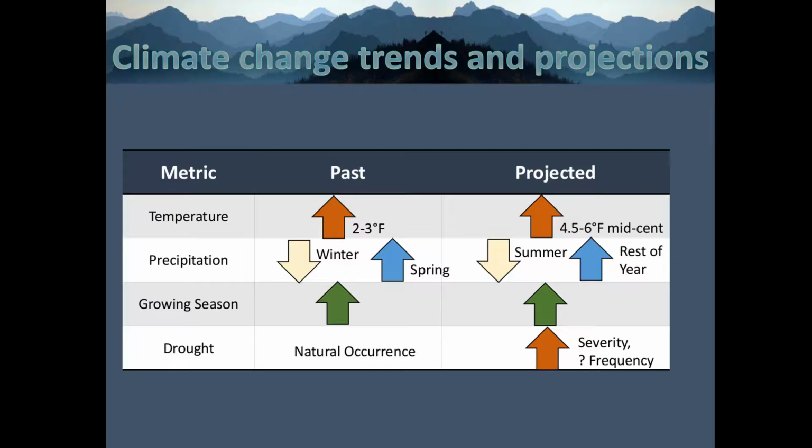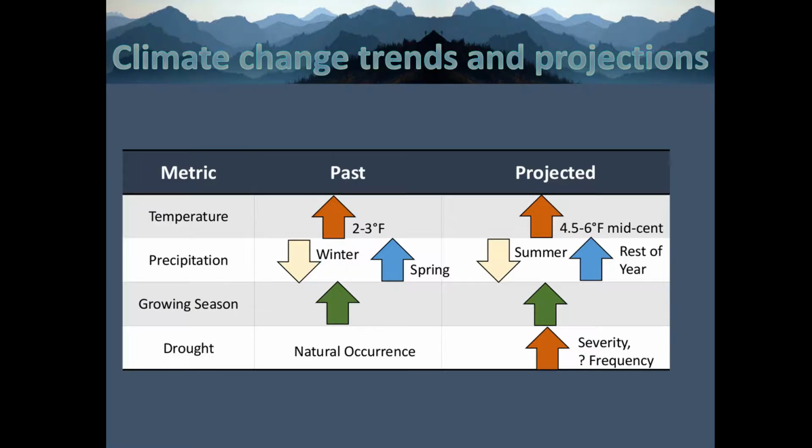I won't go too much into this because Nick just did this, but we needed to make some assumptions, and for this report, it was all based on Nick and Kelsey's data. So temperature, it's been increasing, it's going to continue to increase. We know it, incredibly strong evidence for that. Precipitation, we see a little bit different, as Nick said, but we're making some assumptions here that going forward, we're going to see a little bit of increase over the rest of the year